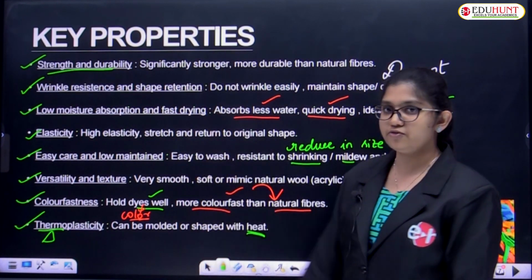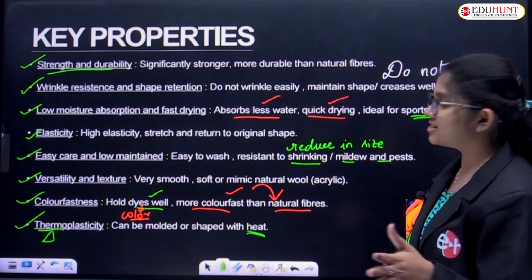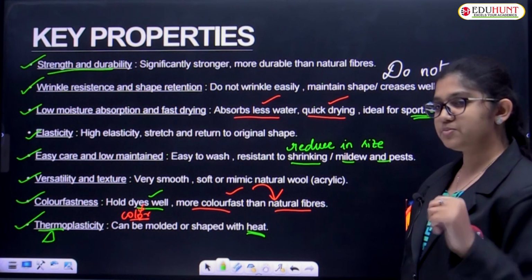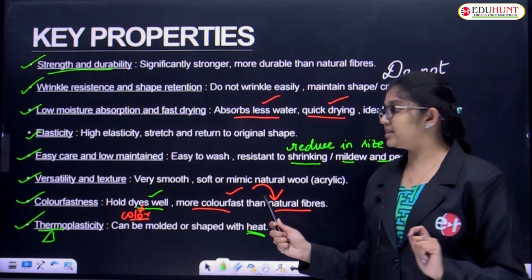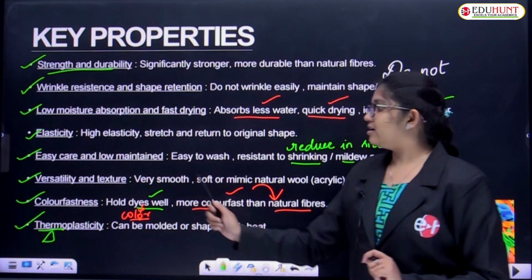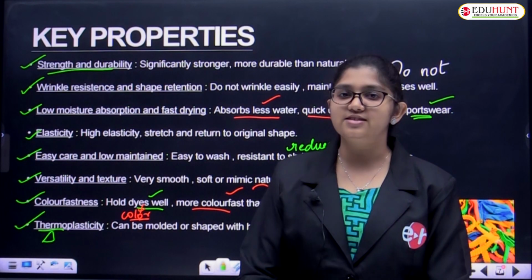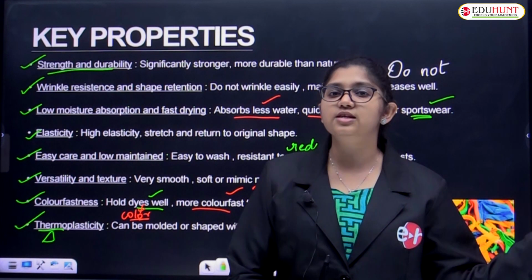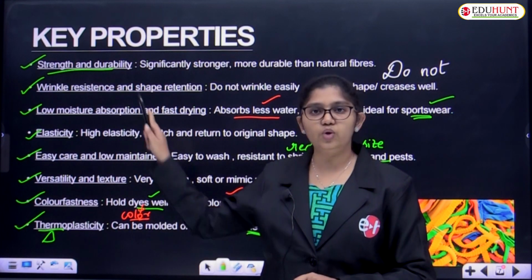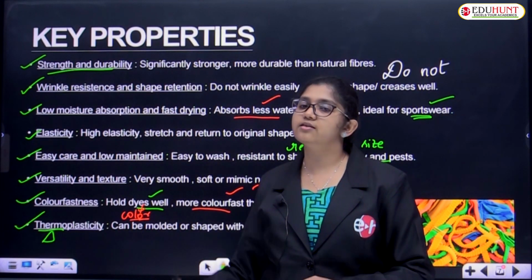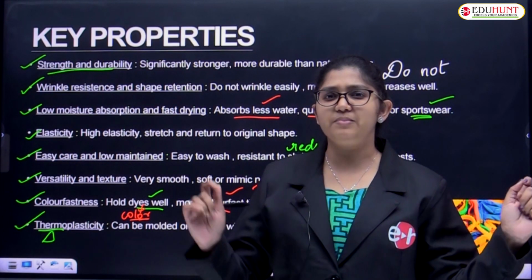These are the key properties of synthetic fibers. What are they, children? Strength and durability, wrinkle resistance and shape retention, low moisture absorption and fast drying, elasticity, easy care and low maintenance, versatility and texture, color fastness and thermoplasticity. These are the key properties of synthetic fibers. Why use synthetic fibers? These are the key properties. They have some main properties rather than natural fibers. That's the main quality of